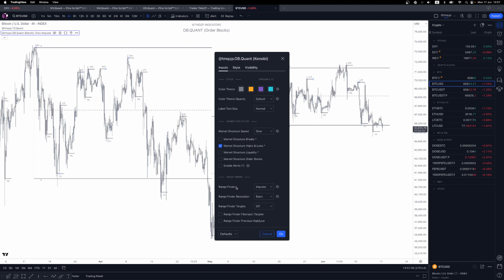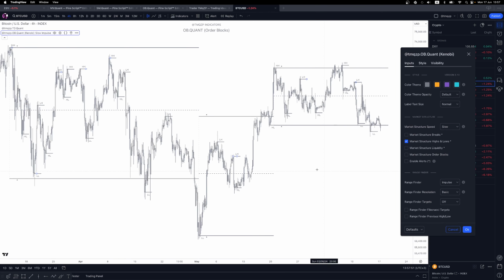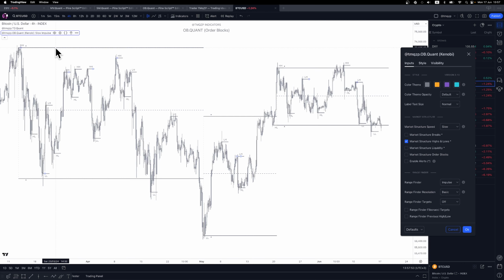Right, so let's move on to the next one, rangefinder resolution, right? So it loads by default basic. And you can see it's just the basic range. You have the range high, the range low, and then the mid-range is a dash line, just as if you were using a channel tool, basically. There's a little dash line here that's just indicating where the range starts, essentially. It's just a slight visual aid to make it a little bit more obvious